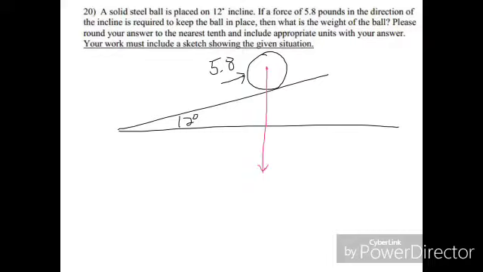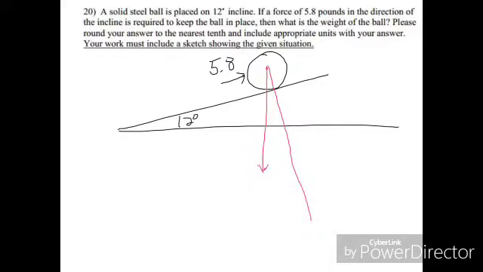The perpendicular to the incline is this, and that's going to be the force that affects friction. When you get into physics, that's going to be the one that you have to work with